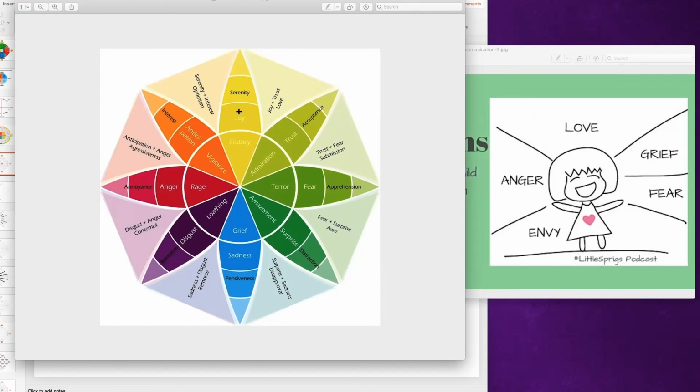Yes, go ahead, Joseph. It feels to me that we have to flip the flower inside out. So the center of the change grid is like serenity, acceptance, apprehension, surprise, distraction, and the extremes are on the inside now. But I understand your confusion, because it all seems to be upgrid in the center.